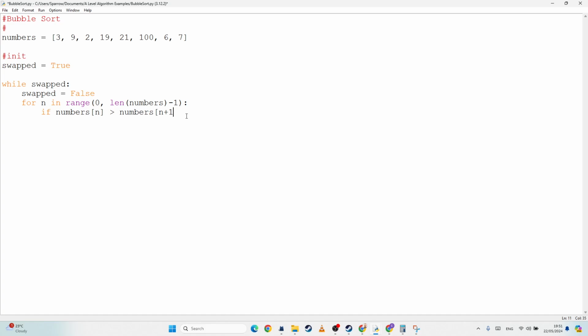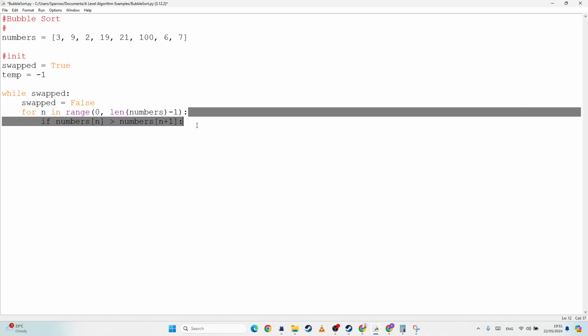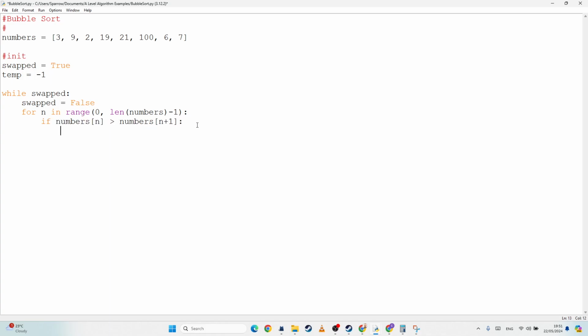Okay, so if this number is greater than this number, then I want to swap them. But to do that, I'm going to need to have a temp variable. I'm going to set my temp to be minus, just because that's what we've been using a lot for empty stuff. So if the numbers is greater, well, first thing I want to do is set the temp equal to the numbers